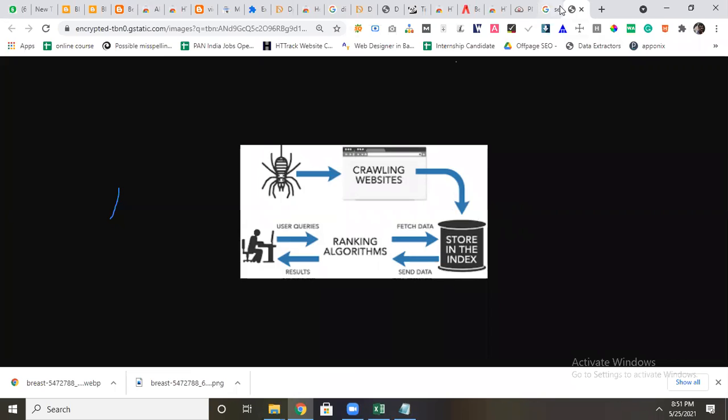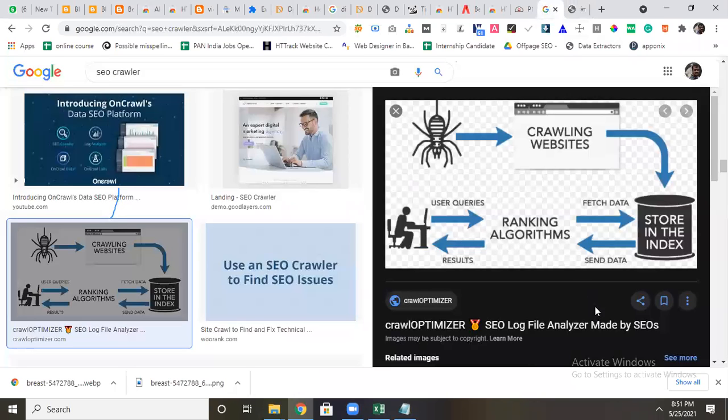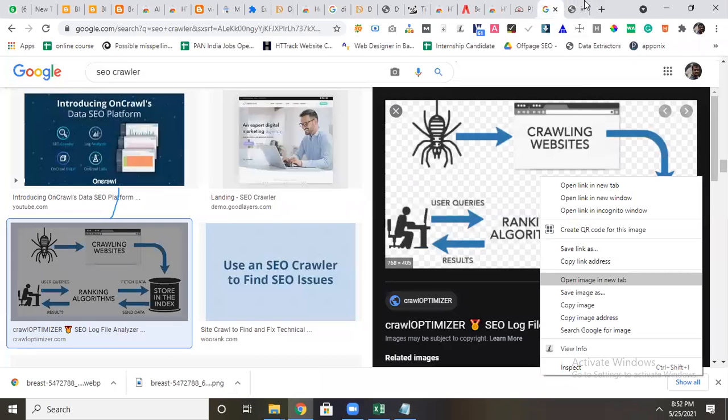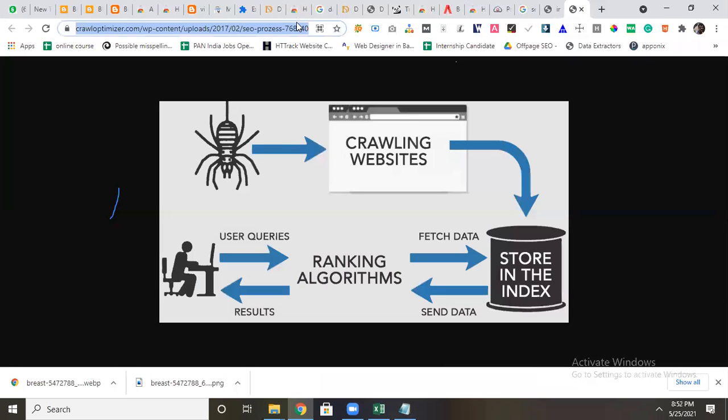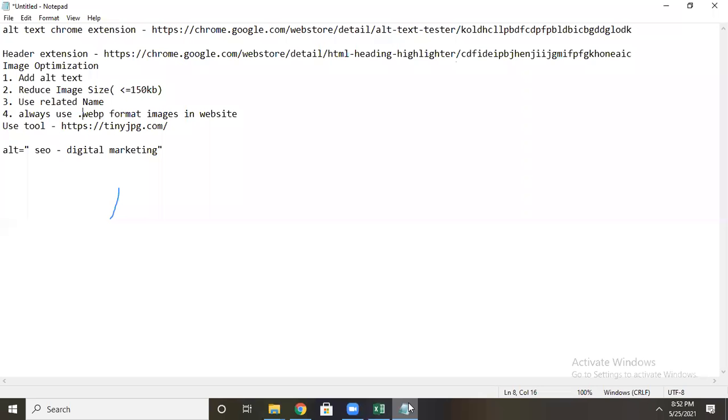This is the process of how the Google search engine works. I will give you this image as well. Once you upload any article, the robot or software that every search engine has will go and read your content, then show the results.